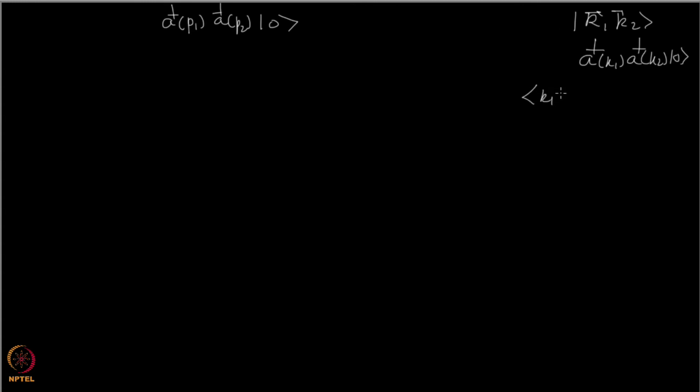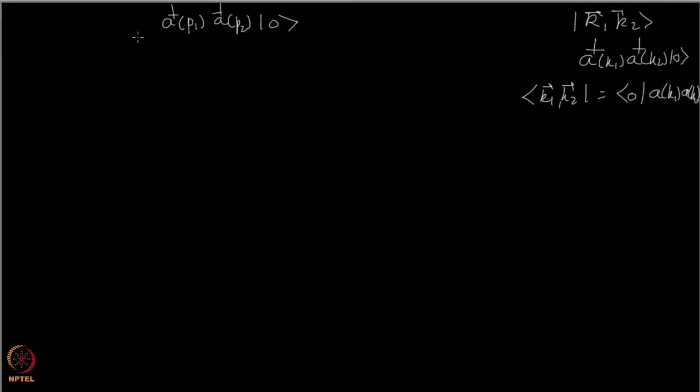So let's see. You had P1, P2, and that you create by having A P1, A P2 acting on vacuum, and of course there are some factors of omega sitting here. I'm not worried about them right now. And then you have the state, what was that, K1, K2, right? It is in the ket form. It is given by A of K1 dagger, A of K2 dagger acting on vacuum, and when you look at the bra K1, K2,